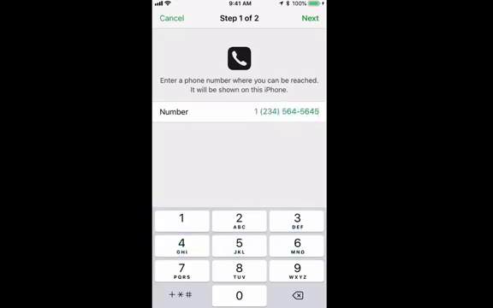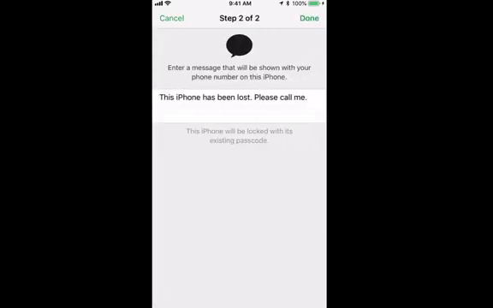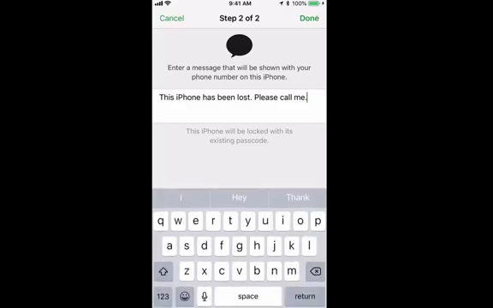I'll just throw a couple of numbers in there. And I could put a message. This iPhone has been lost. Please call me. I know it's common when things are lost, you might put reward if you want. You may not want to do that, but you have the option to put whatever you need in here. Please return this phone. I've left it somewhere. Please turn it in to restaurant management